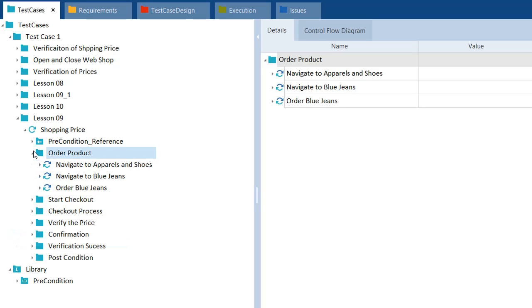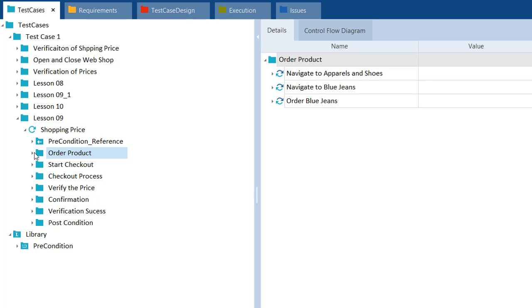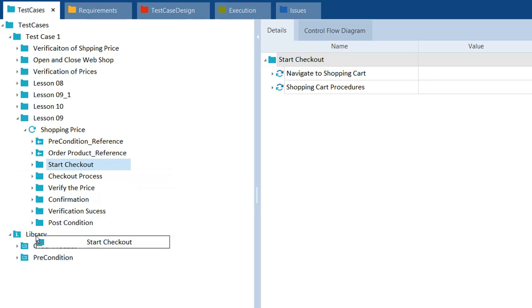And then ordering a product. Whatever blue jeans order we are doing, that is also the same. There is no change even though you use the money order or check instead of credit card, right? So that means I can reuse this test step as it is. So now I have to drag this folder and drop it into the library folder, and again it's going to create a reference. This way I'm going to identify all the reusable components. Start checkout, even clicking on checkout is also reusable. I can reuse this also,